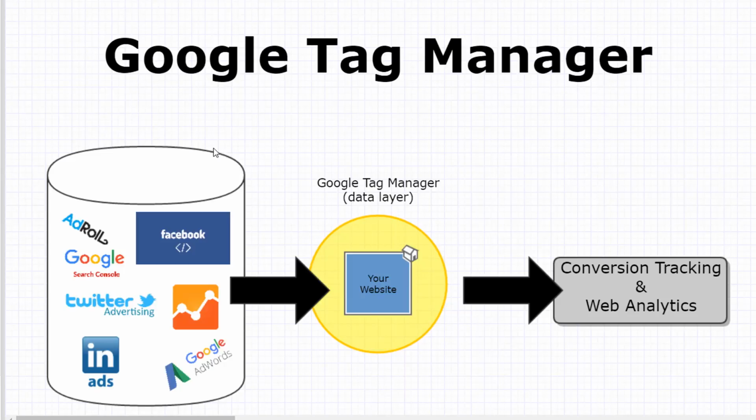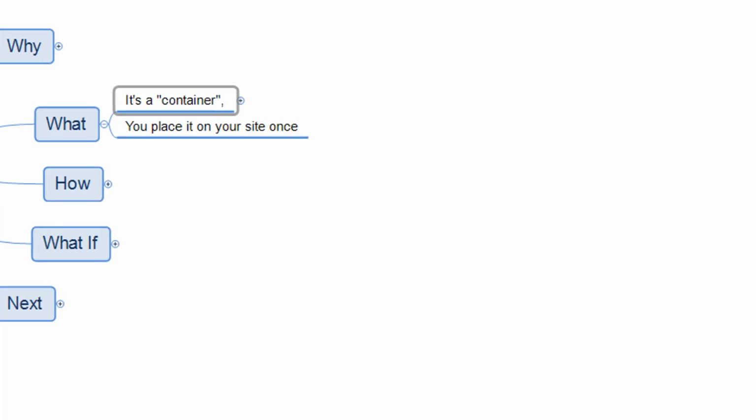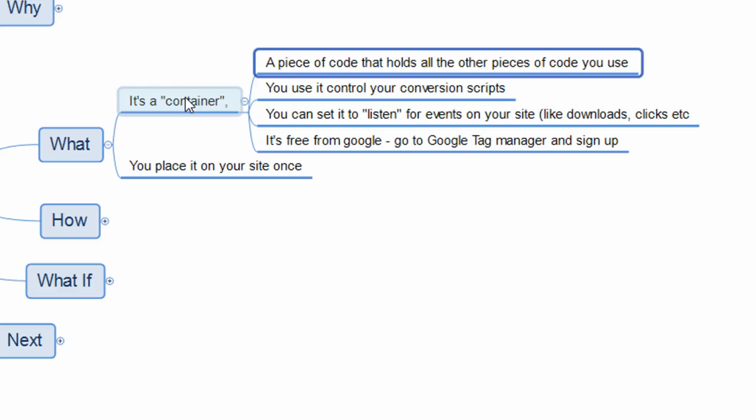So that's part of what we're talking about when I say a container. This is what I mean. That the Google Tag Manager is like the code that contains all the other codes that you need, all the other scripts, all the other pixels that you need to be able to track your advertising or your web analytics on your website. So, like I was saying, it's a container, and just to expand on that,